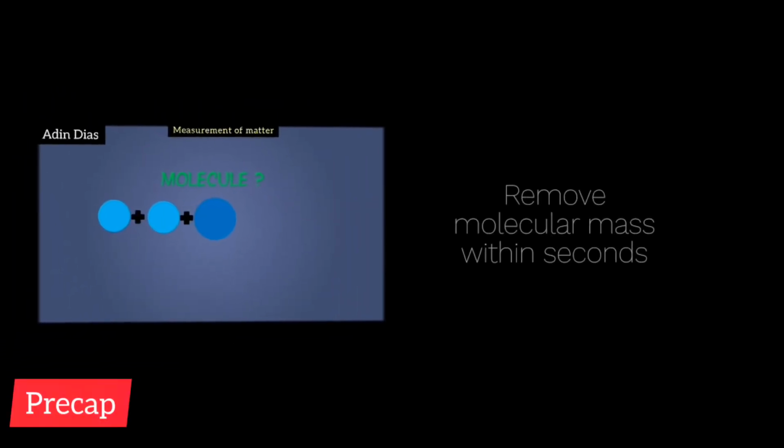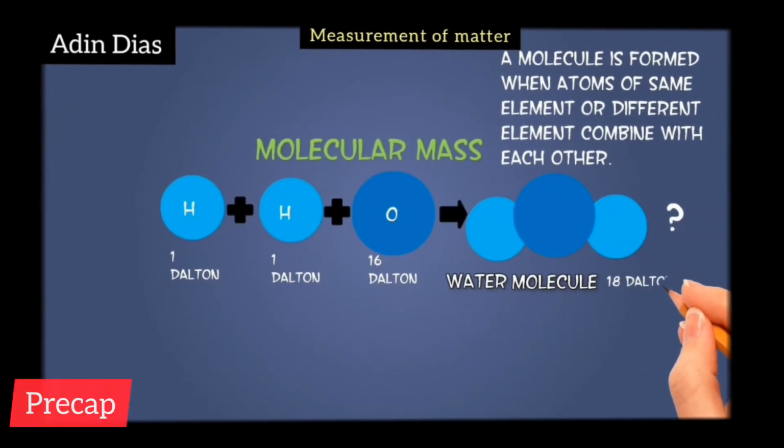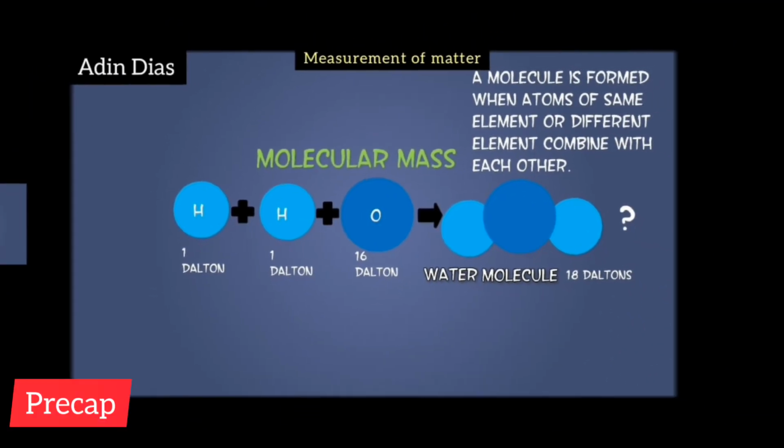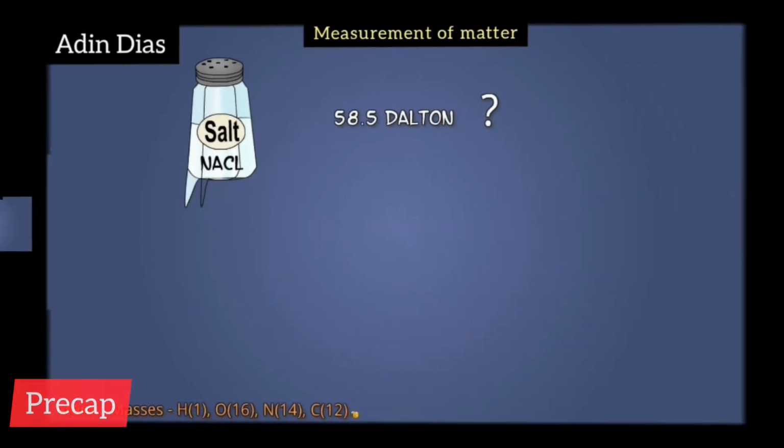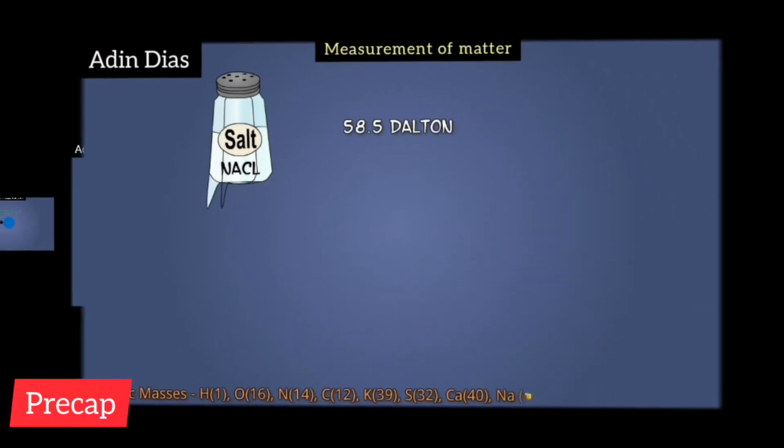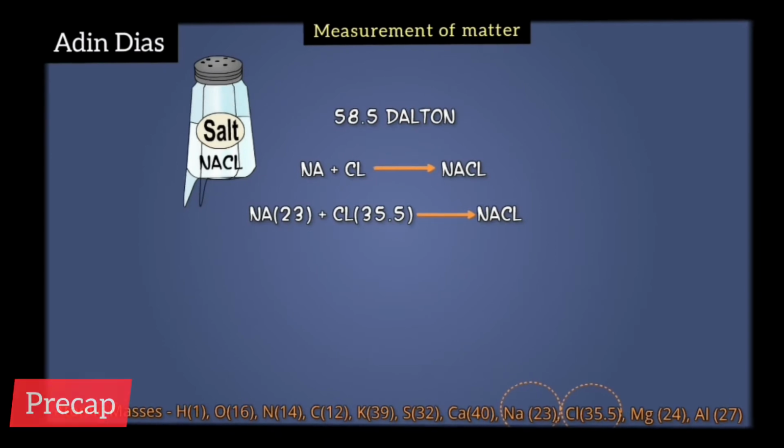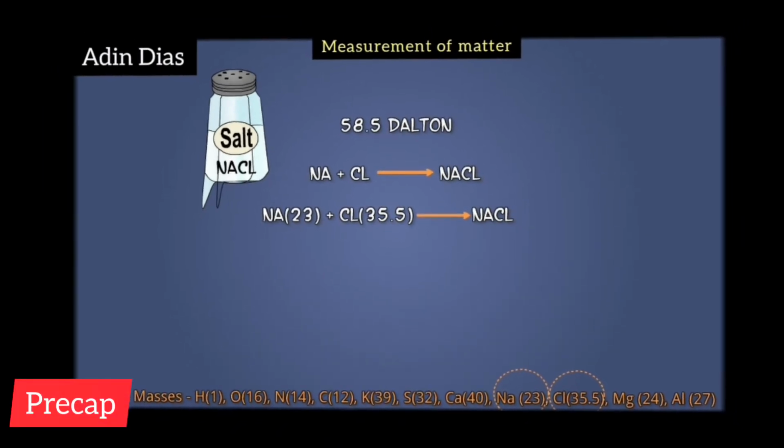of oxygen. If you add them, what will you get? You are right, 1 plus 1 plus 16 gives us 18 Dalton. Why these atomic mass numbers? Don't worry, this is all sodium chloride. So the total mass of the molecule is 20. 1